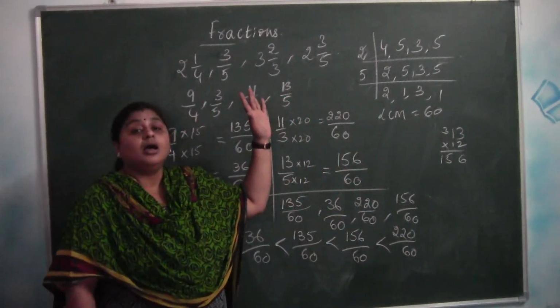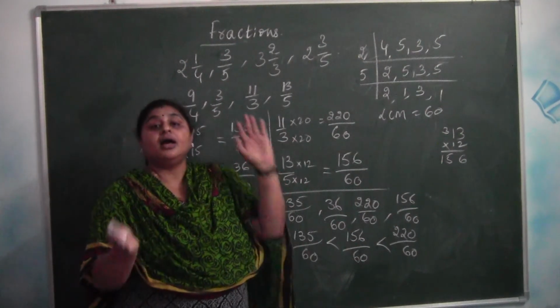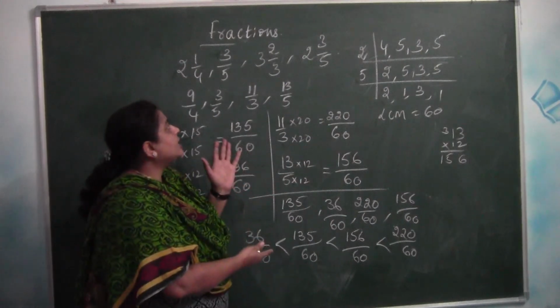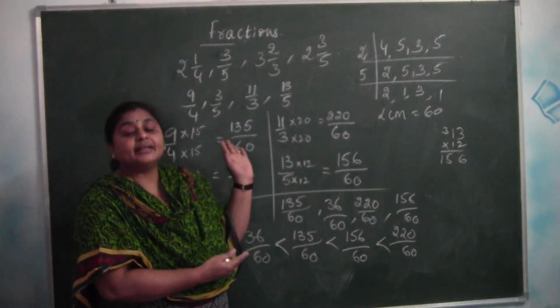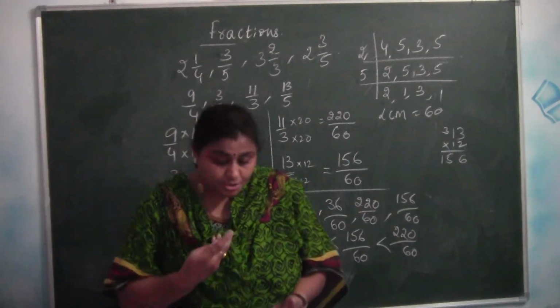And converting improper to mixed fraction and mixed fraction to improper fraction. Last but not least, comparing the unlike fractions. Hope you understood, children. So with this we have